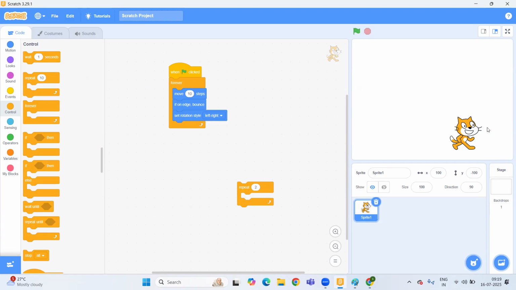So the main concepts we are using here are loops, which we have already discussed, and motion blocks like move, turn, glide, right? We have already discussed that part.